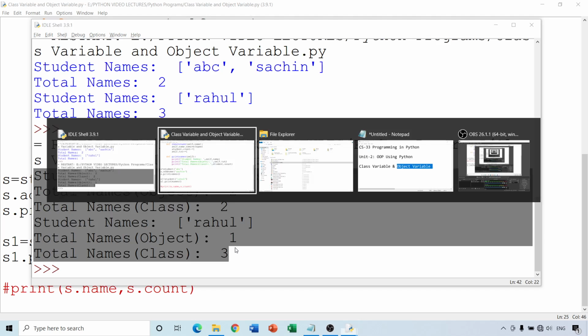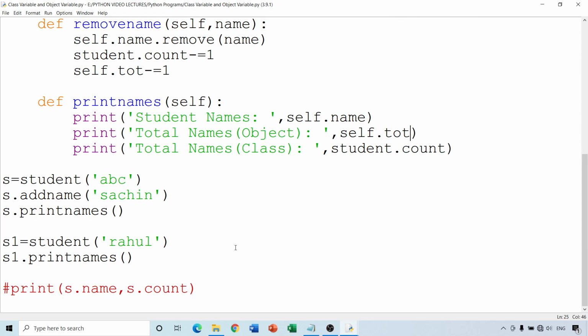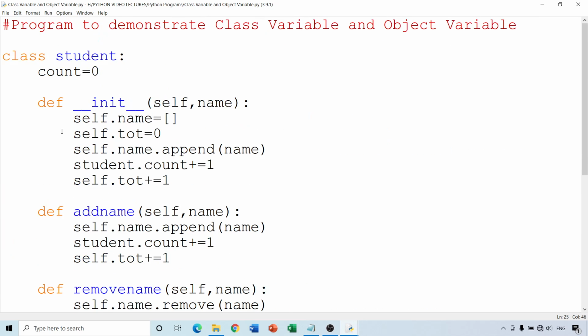So let us again revise the things that we have studied over here. The count variable that we have taken over here is a class variable. It almost behaves like a global variable, that is, the value remains constant throughout the entire program and can be changed in every function.